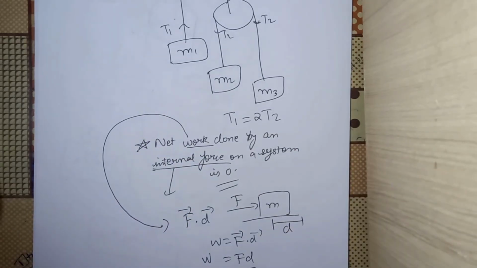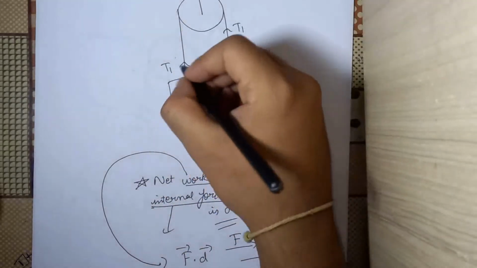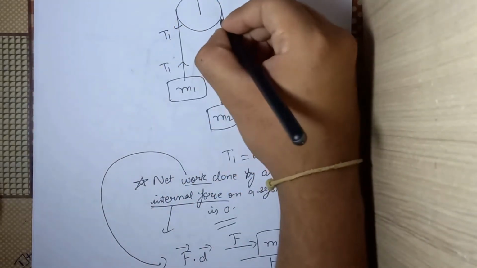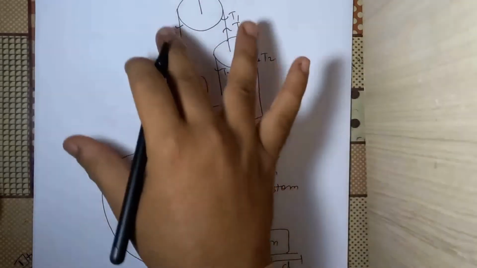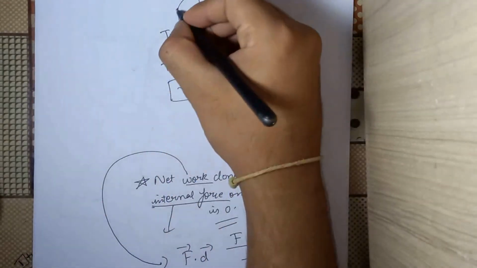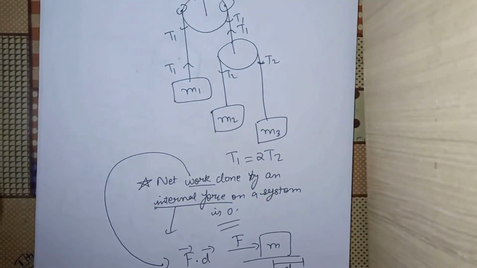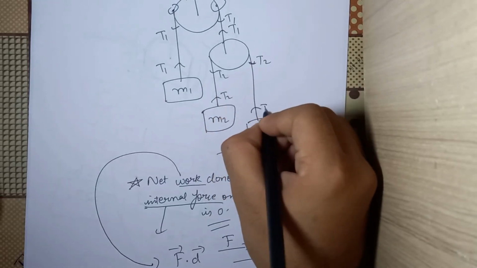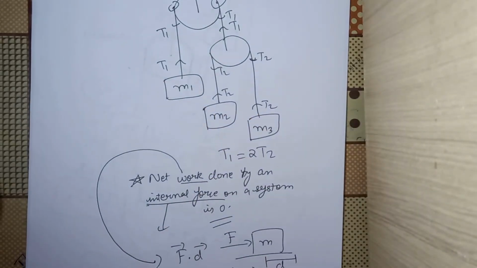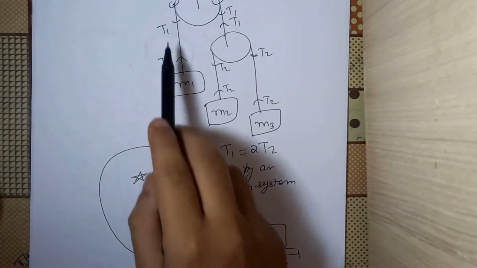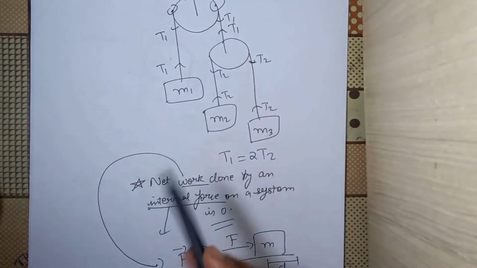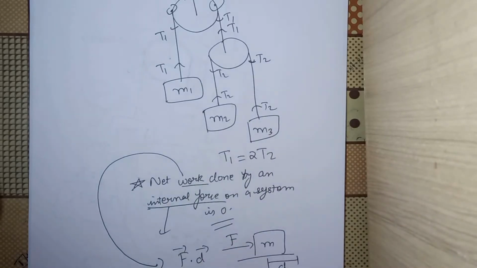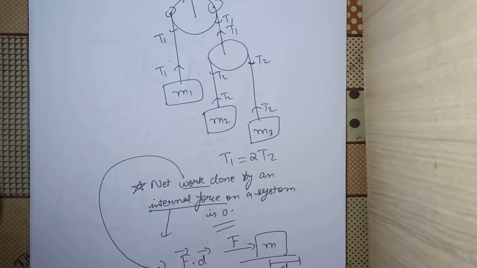For example, tension. We have already studied this part: if T1 and T1 are there, there will be T1 and T1 here also. The ends of the rope will be pulling these points by tension downwards also. Similarly, as there are masses, there will be a T2 here also, T2 here also. If you see what is the net tension force on the system, you will see that this T1 and T1 will cancel out, these will cancel out, and these will cancel out. So ultimately, we have no net tension in the entire system. These are the kind of forces that we call internal forces.